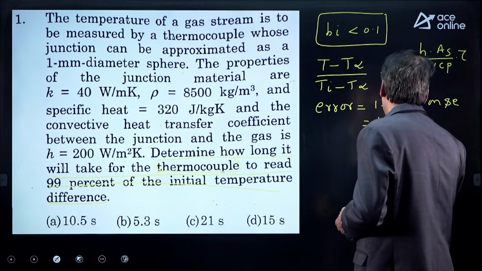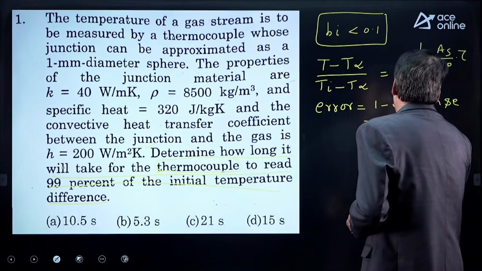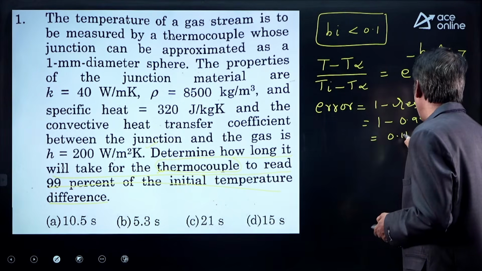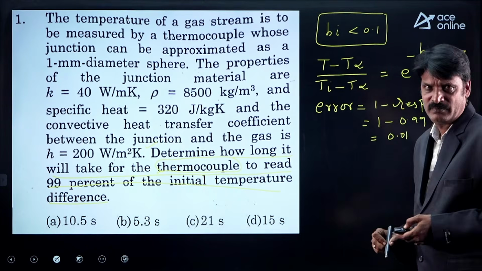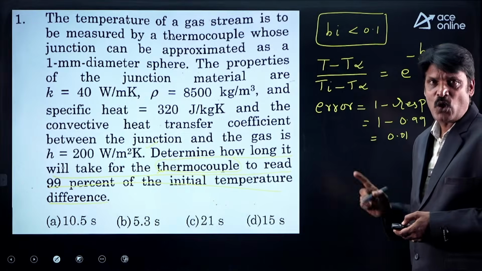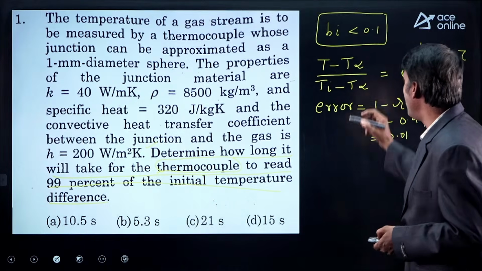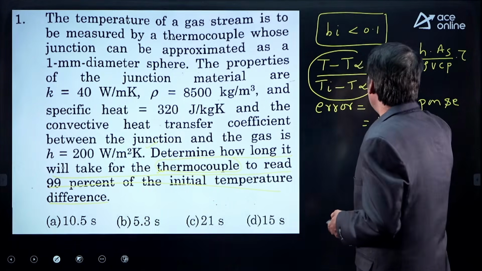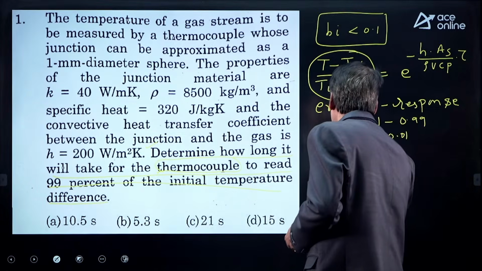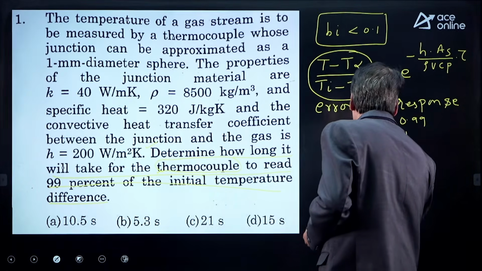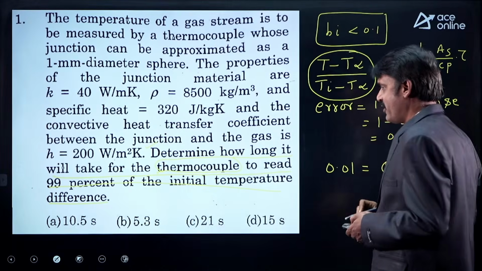which, if you are writing in terms of fraction, is 1 minus 0.99, which becomes 0.01. So, this is your error, and this value comes out to be the error. So, 0.01 is equal to e to the power of minus